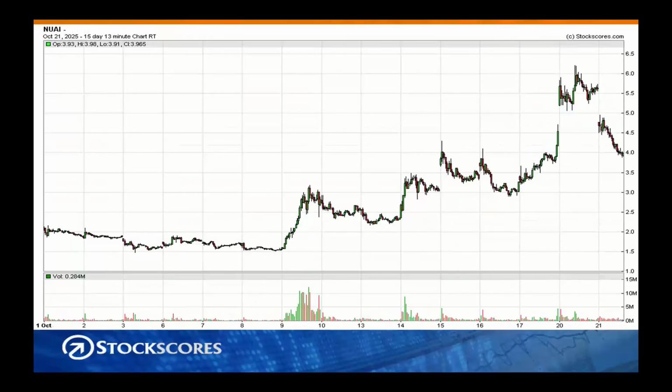All right, if we go to this more intermediate term, this is a 13-minute chart going back the last couple of weeks. There's a trend line right there, and then it got steeper and steeper, breaking the very steep trend right there. We also had a little downward trend line there that got broken. We use these to know when to buy and sell, and that's why I'm laying these concepts down,